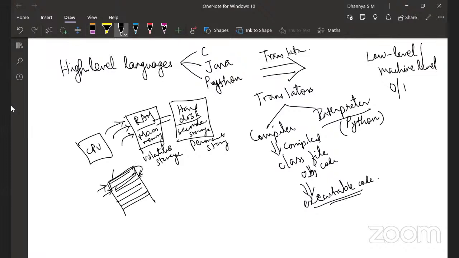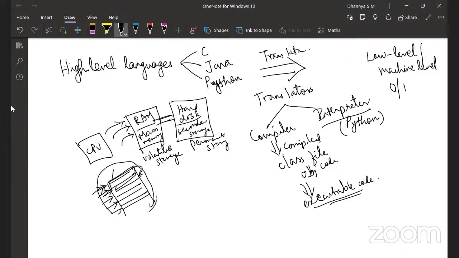So high-level language code is converted to machine language code. So it is interpreted line by line. That is interpretation. Every line, the first line it accesses, it converts into machine code and then executes it. In the case of compilation, it takes the full program from the hard disk, loads it into the RAM, and compiles it together. The whole set of instructions is compiled into machine language, and then the execution begins from one step to the other.